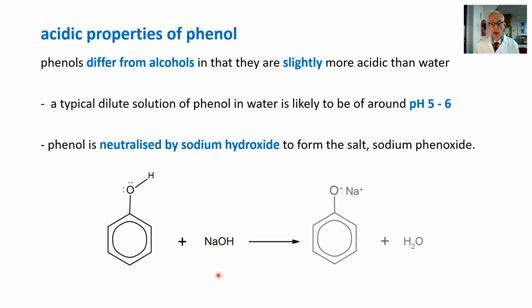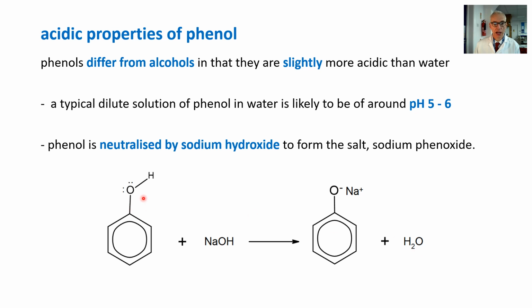Okay, so here is sodium phenoxide. We've got a sodium ion from the sodium hydroxide, obviously. The hydrogen from the hydroxyl group has been donated to the hydroxide ion to make water. So Bronsted Lowry acid, we're going to donate a hydrogen ion or a proton to a base, a proton acceptor, to form water in